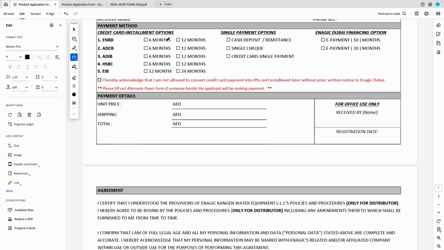If they decide that they do want to avail the 0% finance option and choose either 6 or 12 months, or if they have a credit card with Emirates NBD, we even have a 24 months option, this must be ticked when the form is being submitted. They then need to contact their bank. Some banks even have it on the mobile app where they can then convert that to the installments for 0%